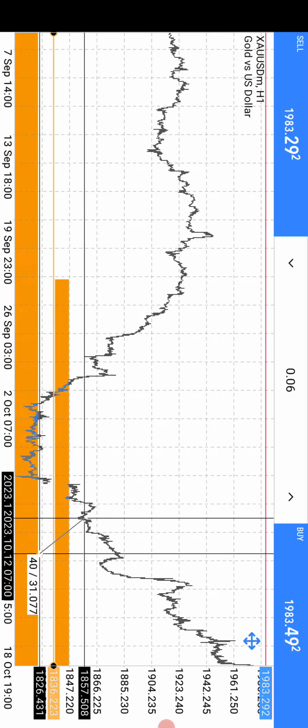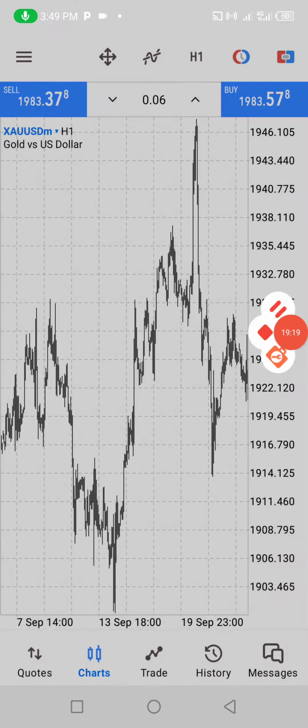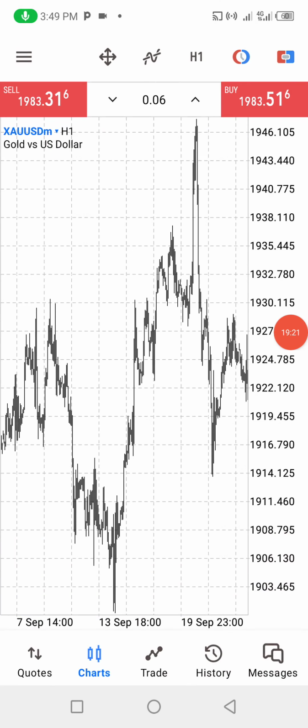Okay. Then, when we know where the market is heading to, we can go further to a lower time frame like H1. When we go to H1, you notice that there is a break of this structure, and price can never enter inside this structure. So if we are entering a trade here, we can place our stop loss somewhere here. We can now see that the stop loss pips have fallen to 31 pips. We now have 31 pips to work with.